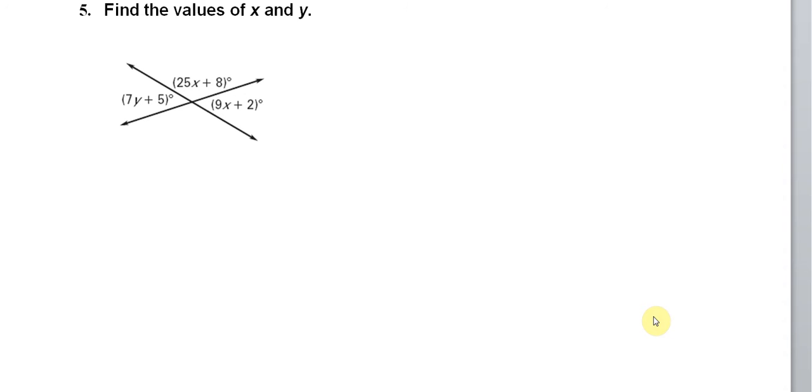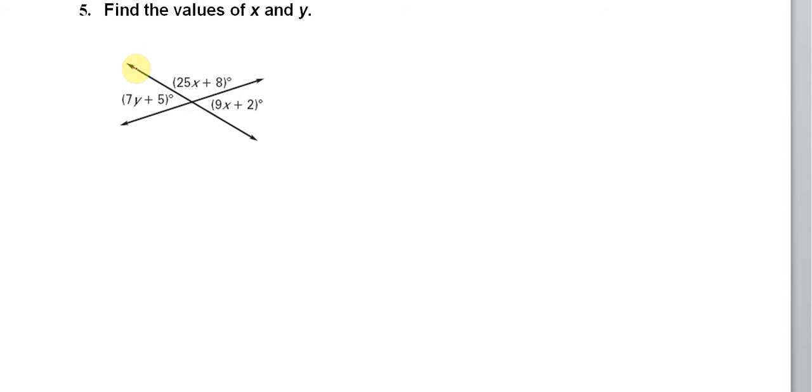This video, we will solve a problem that seems like it's unsolvable, but it is totally within your capabilities and your knowledge of angles and angle measurement and algebra to solve this problem. So we're looking to solve and find for the values of x and y. And it's a little bit tricky because we're having to deal with two different variables and we're only given one problem. But rest assured, this problem can be done, and it has to do with how we visualize and how